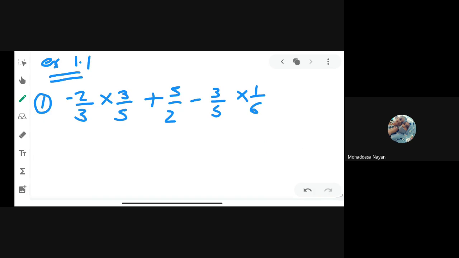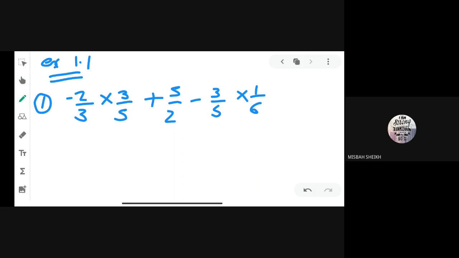We have to solve this question, we have to simplify it, and for this we have to use some properties. And whichever property we are using, we have to mention it. We have to write down this property: by using this property, we are doing this step. Clear, all of you? Yes, sir. Okay, now you can see.